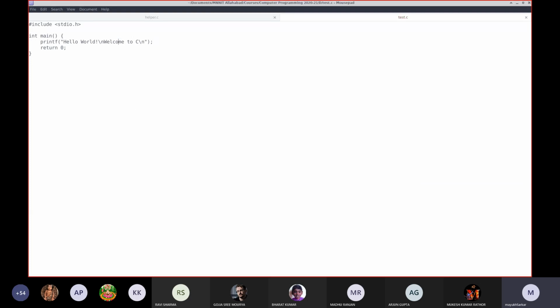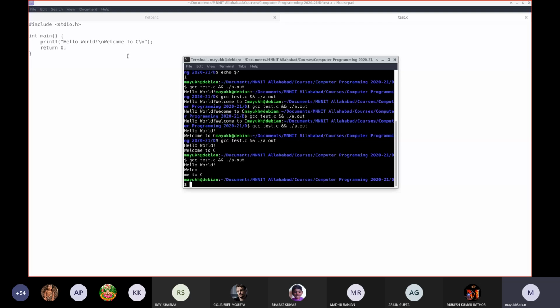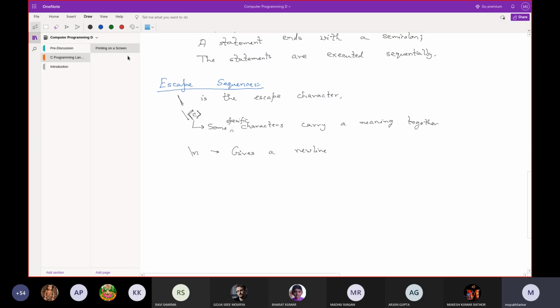Okay, so you can structure your output with new lines properly using the \n. So \n gives you new line. \t gives a tab.